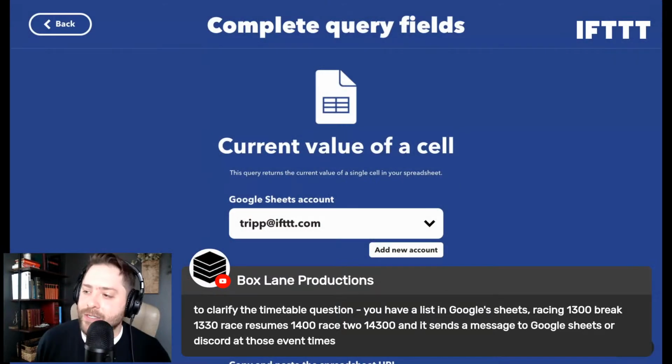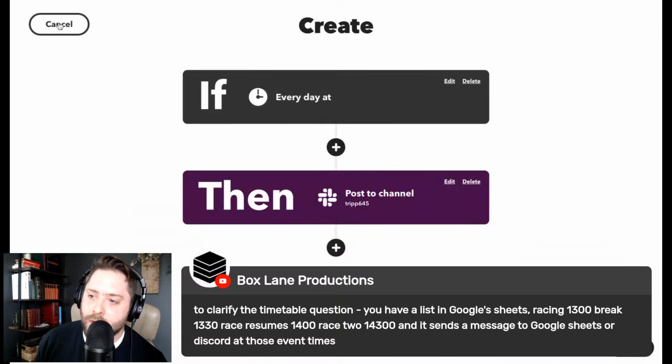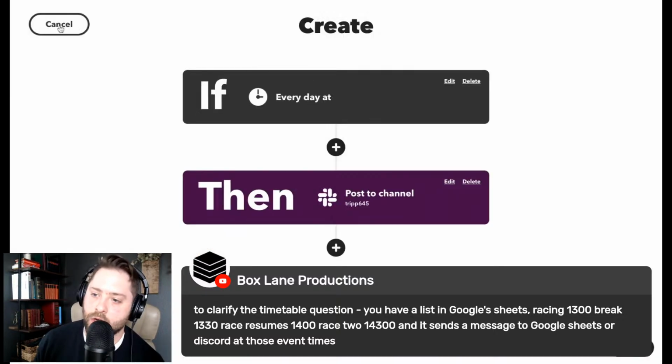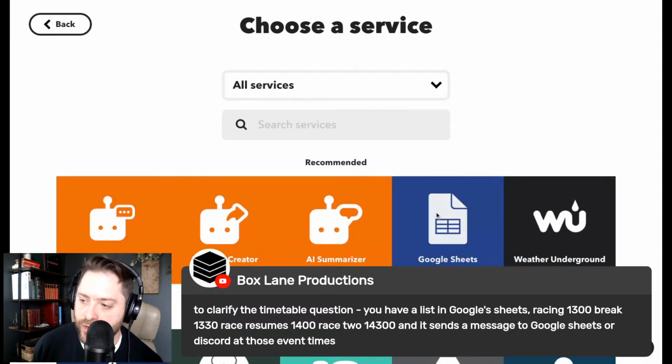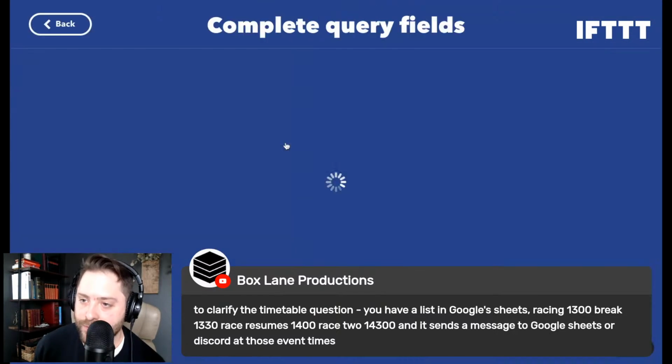Oh, wait. I wasn't even showing the screen. My bad. So let's go back. I just want to show you all this. Every day at 1 p.m., you're going to post to Discord. I chose Slack here as an example. You're going to click this button in the center, click Query, click Google Sheets, and pull the value of a specific cell.